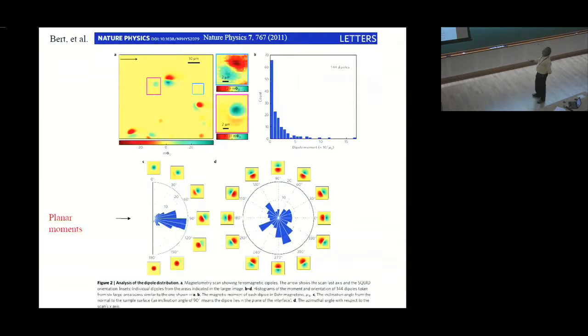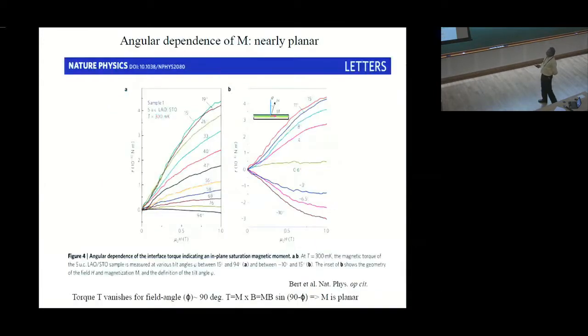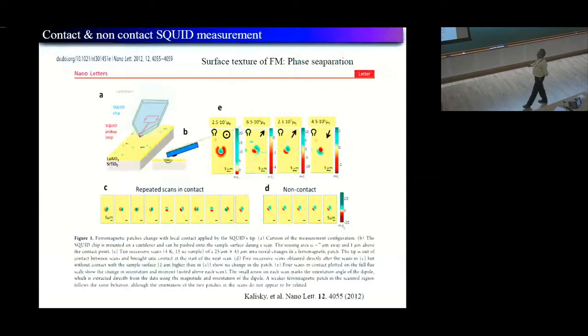Zero is the angle with the vertical. This is XMCD, which confirms again that this is the theta angle. As a function of theta, you can see that the moments are almost all along the 0 degree. Let me skip this. This is the one I was talking about,